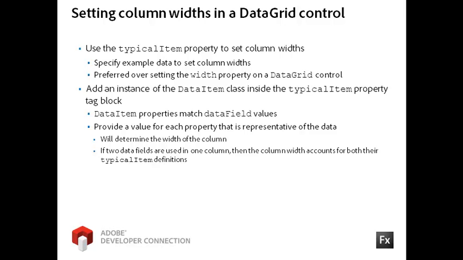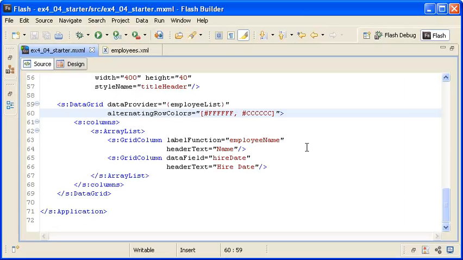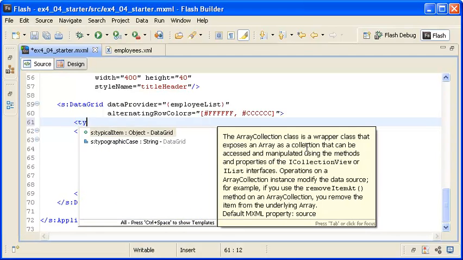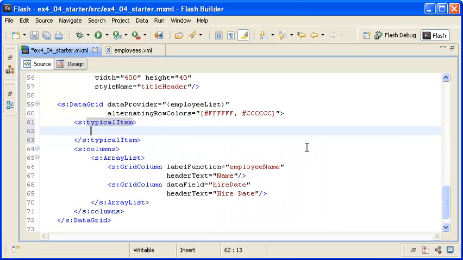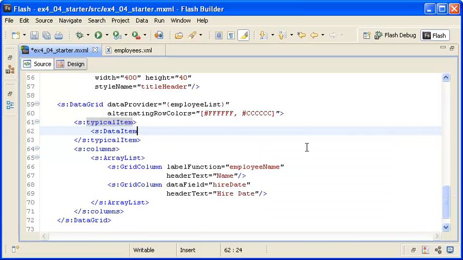This code shows an example of how to implement the typical item property within a DataGrid control using a data item instance. Above the columns block in the DataGrid control, I'm adding a typical item property block. Within the typical item block, I'm adding an instance of the data item class. And to the data item instance, I'm referencing the first name data object